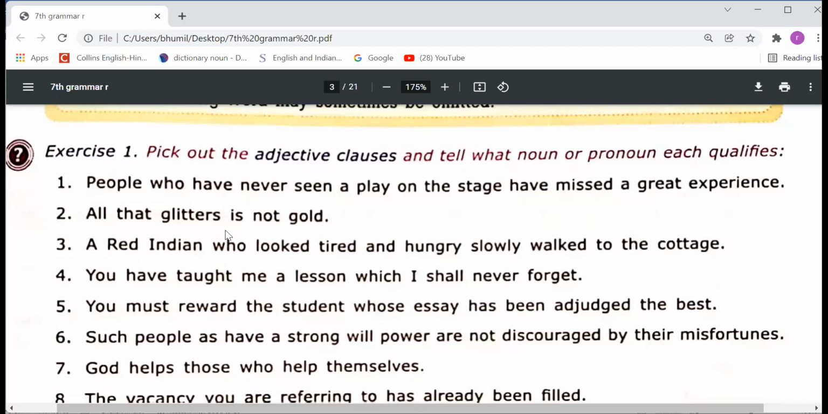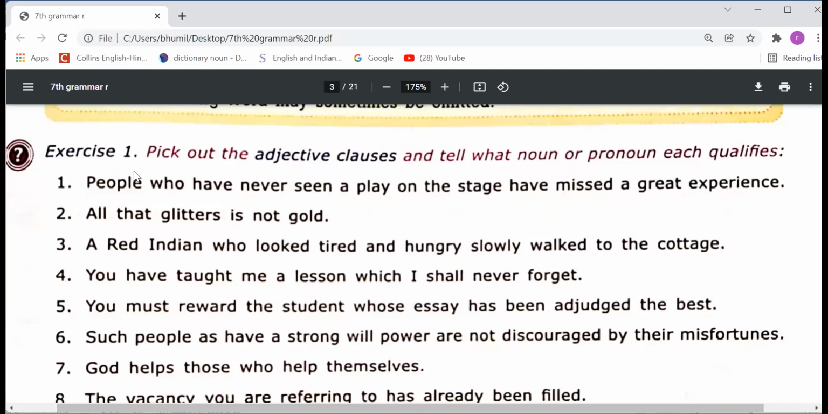Let's talk about the first sentence. First I will let you know, and the rest of the sentences you should tell me by yourself, okay? First sentence is: people who have never seen a play on the stage have missed a great experience. So in this part, who have never seen a play on the stage. So this part from who to on the stage is an adjective clause, and this part is